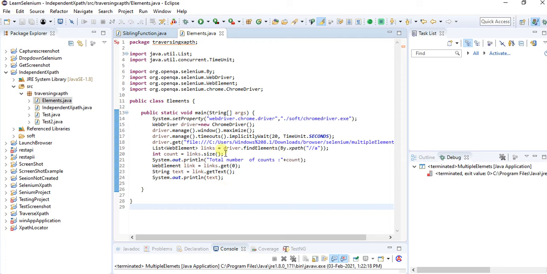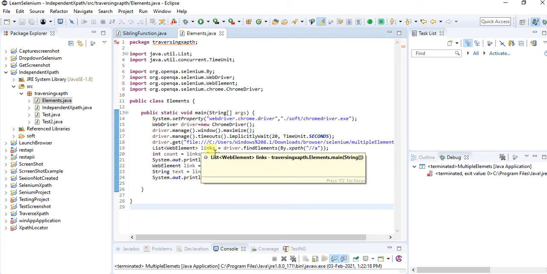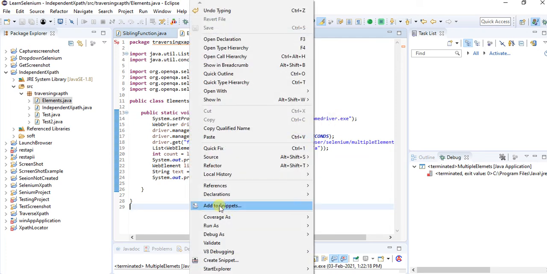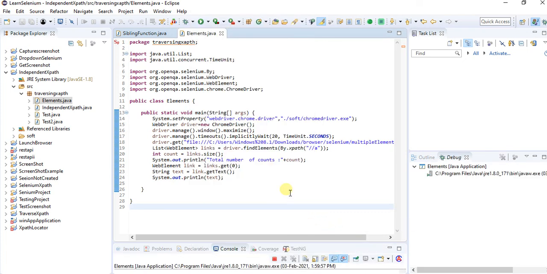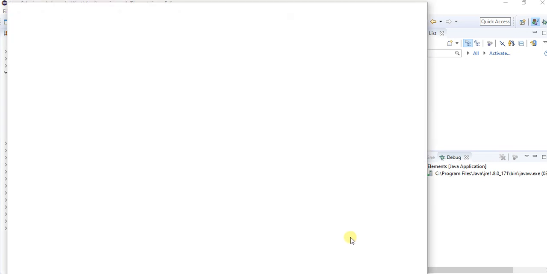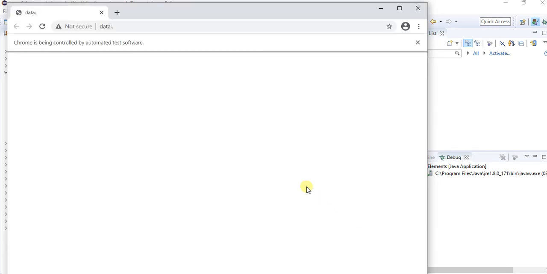Okay, now our code is ready. Let me run this script: run as, and go to the Java application. Now it is going to enter the URL.